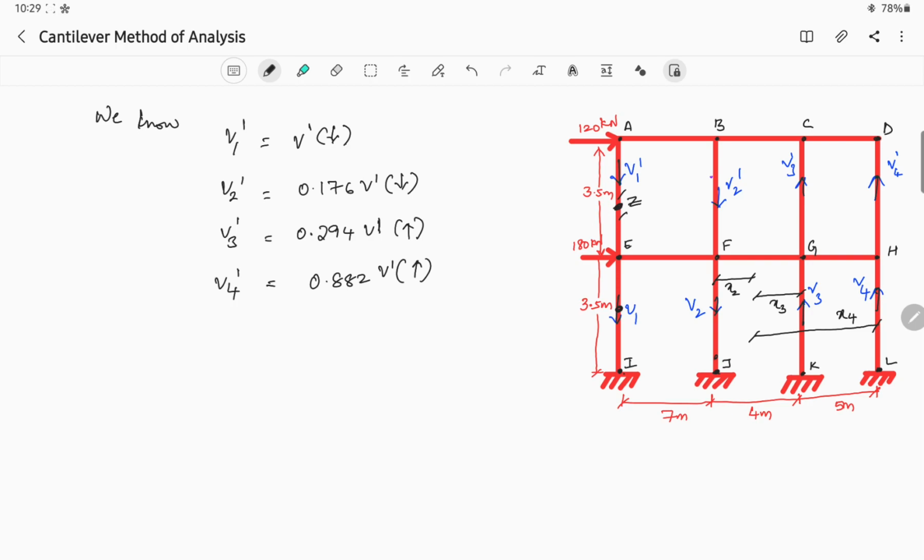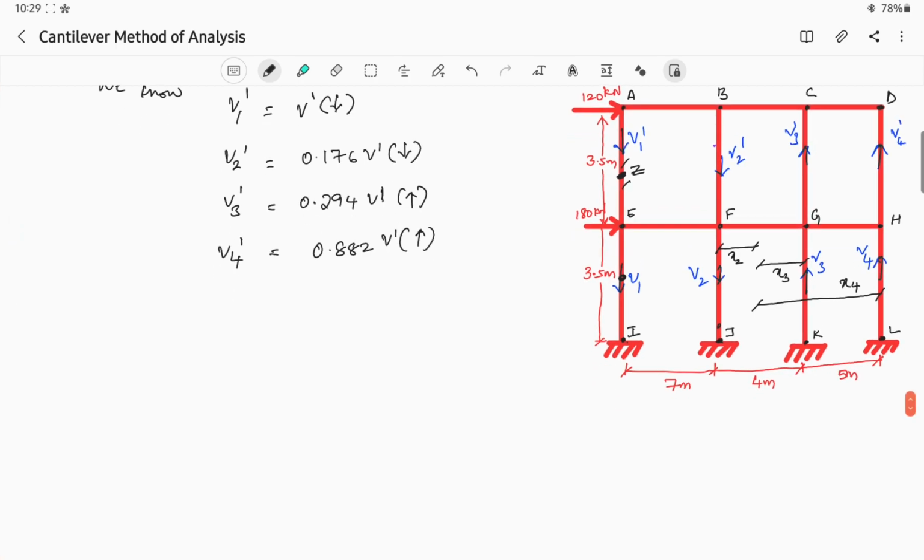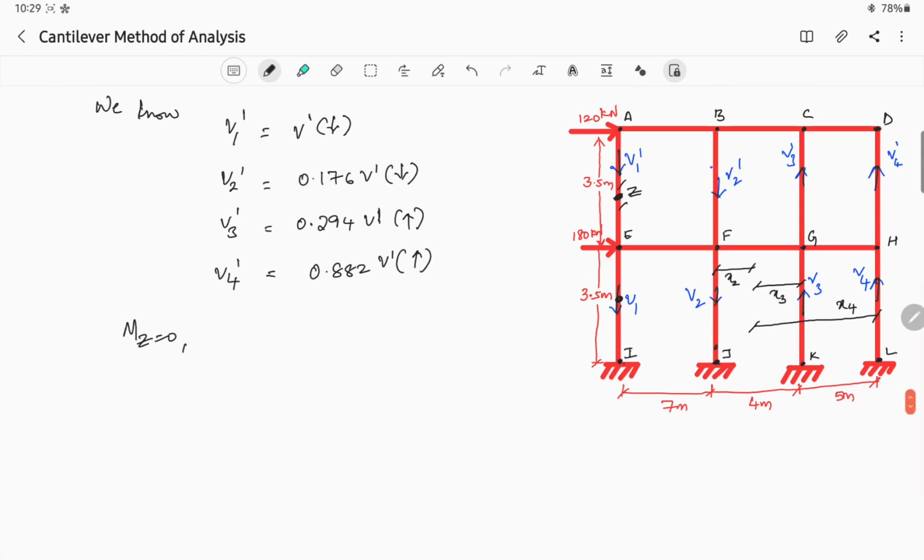Why are we calculating at this point? Because we know that the point of contraflexure will be at the center of the member, right? And what is the meaning of point of contraflexure? That means the bending moment at that particular point will become 0. So let us take moment at Z equal to 0. If you calculate the moment at this location,